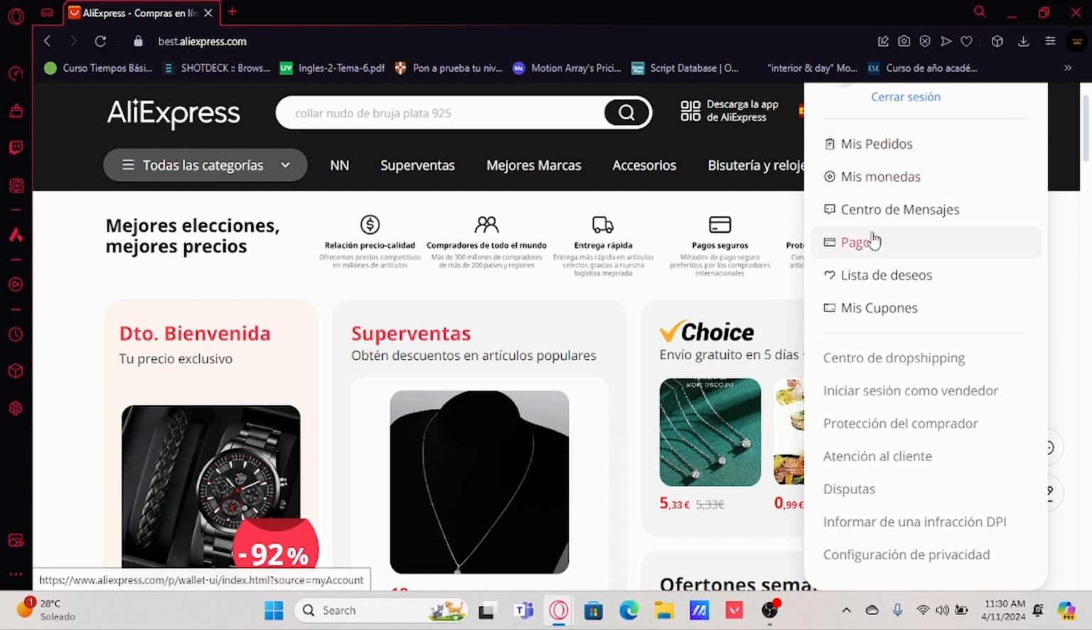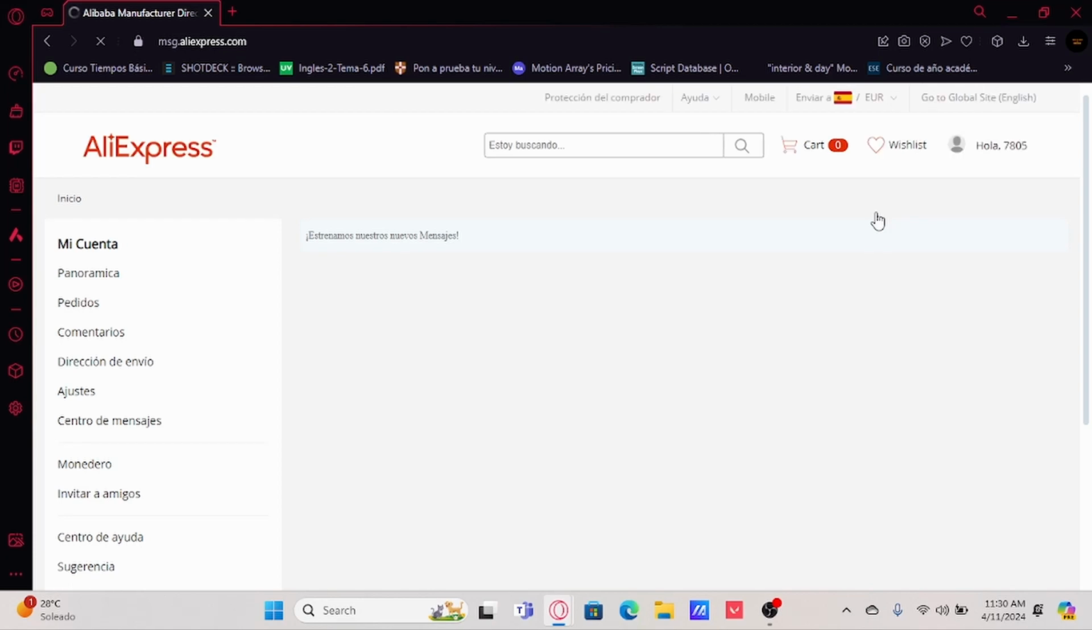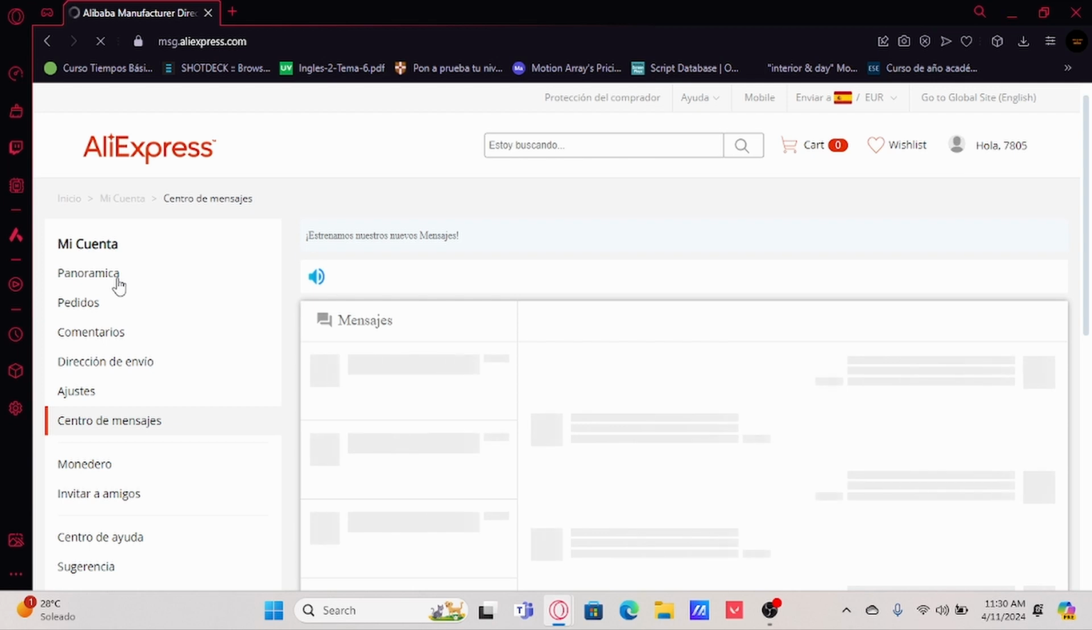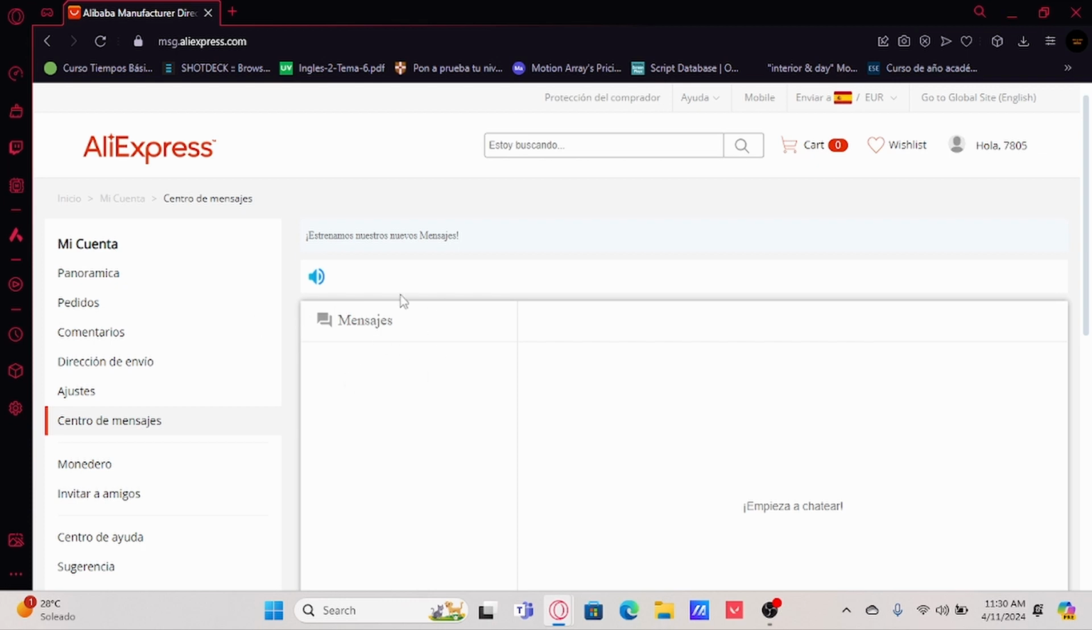You can go to the option of message center. This is the message center. You click here, and you can talk with the person you bought the product from, and explain. You put a wrong address, and you want to change that address, and you can send the address to him in the message center. You can do that, but